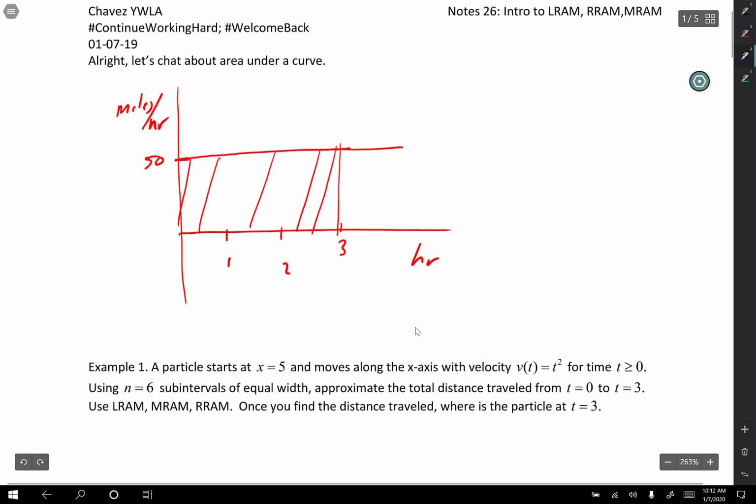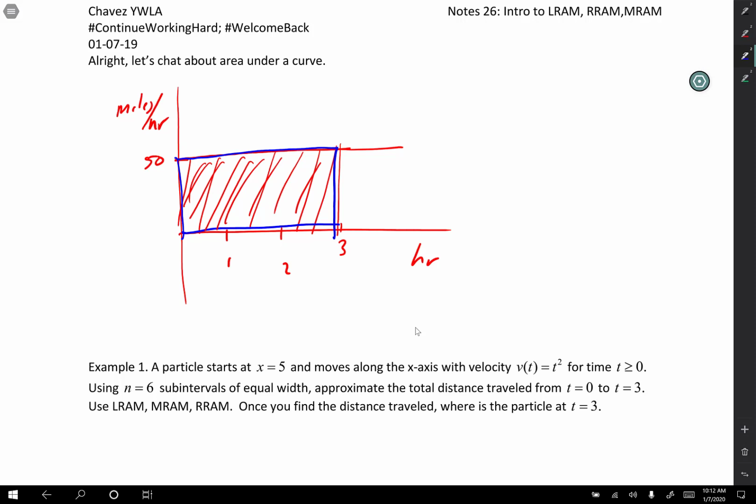So as you can see at the moment, I just have a rectangle. What are those lines? Oh, it's like a shade. These are like shading, like if I'm shading. So if I wanted the area of this rectangle, it's just width times height. So it's 3 times 50, and I get what? 3 times 50 is 150. And I recognize miles per hour times hours is